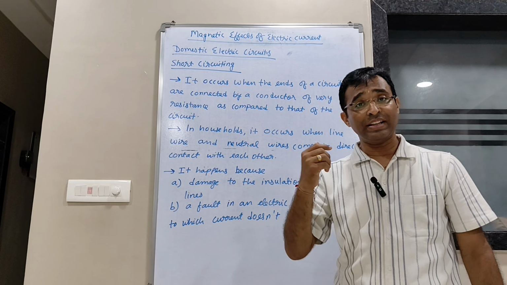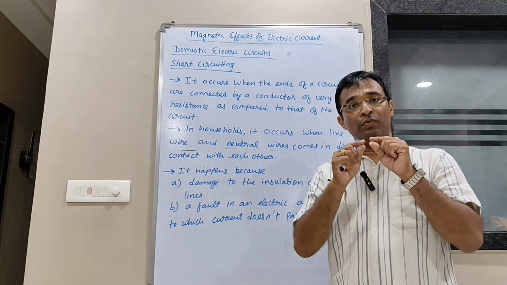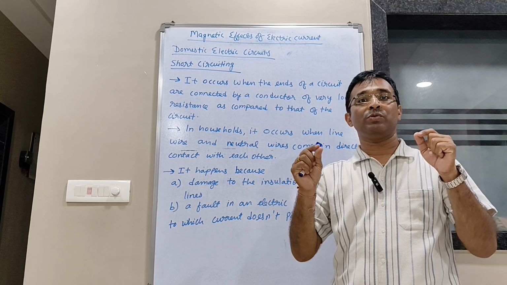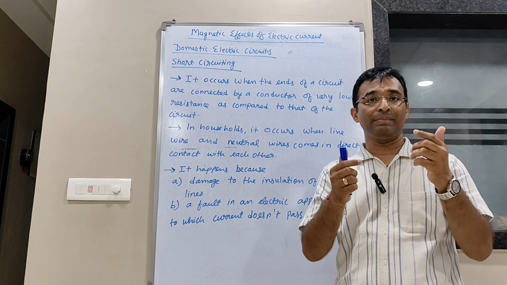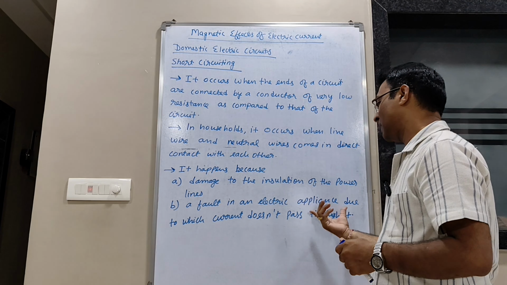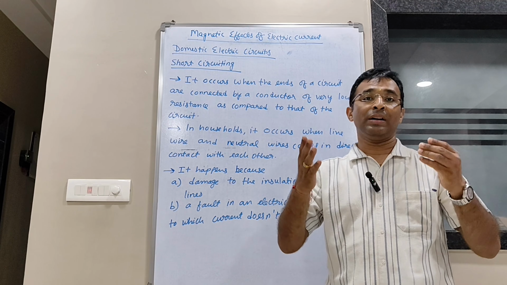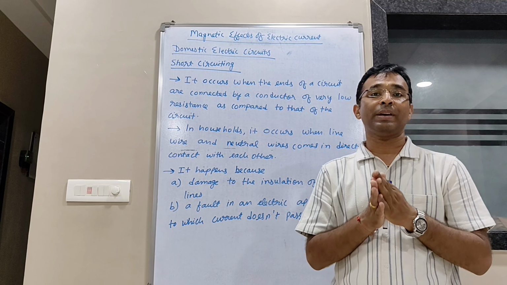There are 2 reasons why this happens. First, a damage to the insulation of the power lines. जो कॉपर की वायर्स होती हैं उसमें जो इंसुलेशन होता है जो कलर कोडेड होता है, उसमें अगर डैमेज हो। सेकेंड, अ फॉल्ट इन द इलेक्ट्रिक अप्लायंस विच करंट डज नॉट पास थ्रू। अगर जो कंडक्टर है, अप्लायंसेस में ही अगर फॉल्ट हो।